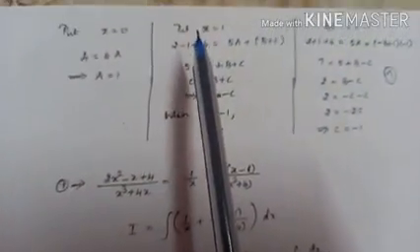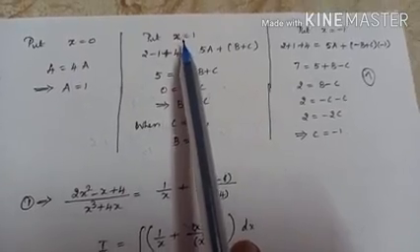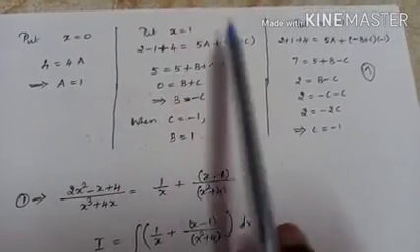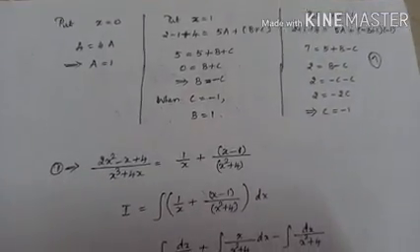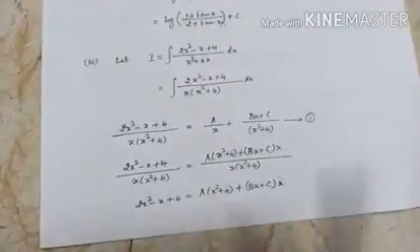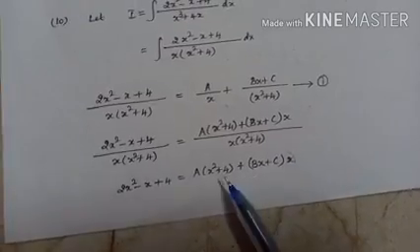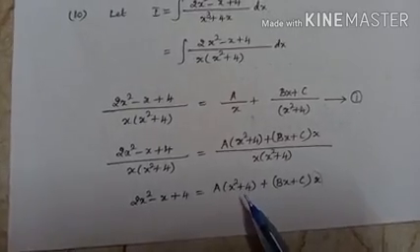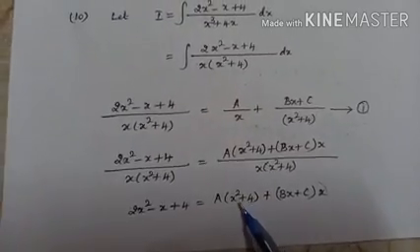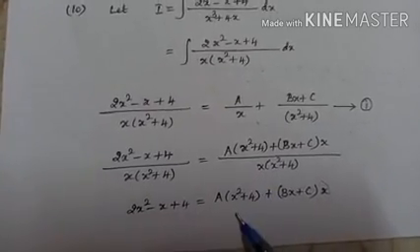To find the values, let us choose the simplest ones: x is 1, x is minus 1. Like other problems, we cannot do that here. Here you see, this x can be equated to 0. But when x square plus 4 is equated to 0, x square equals minus 4, it will be imaginary. So let us leave it.